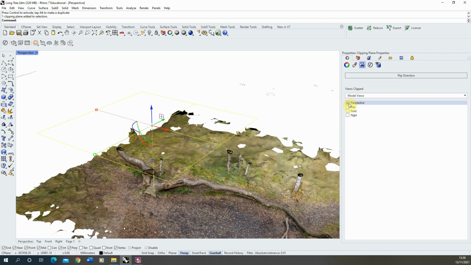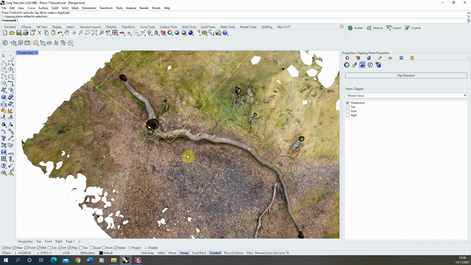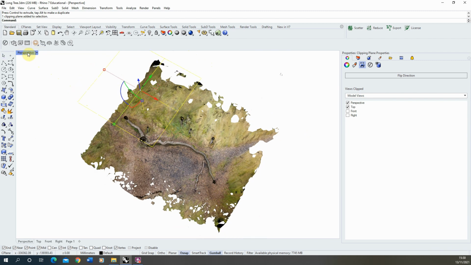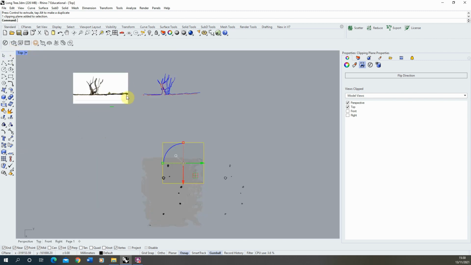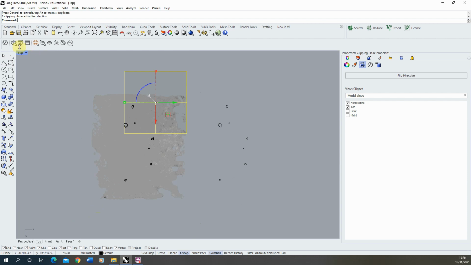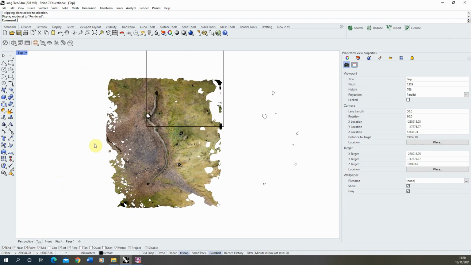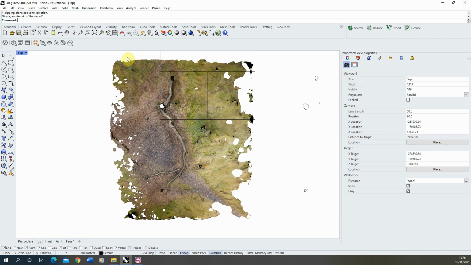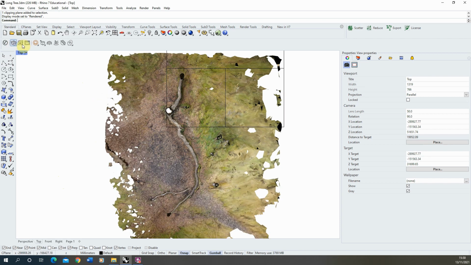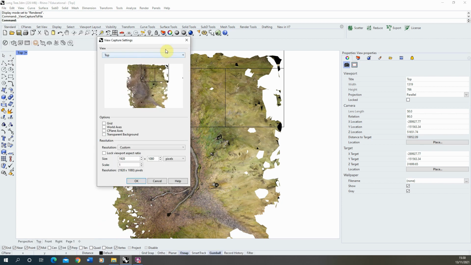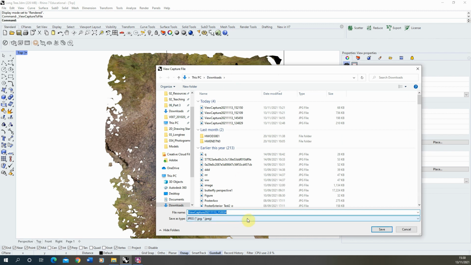So we're just going to turn the clipping plane back on so we can see where it's being cut and the objects below, and I'm also going to turn it on in the top view there. Now if we go back to our top view like so, make sure it's on a rendered mode, we're going to just get a good view of this element, and much like we did with our section cut, we're then going to go to capture, to file, and we're just going to save this out like so, and we'll call this one